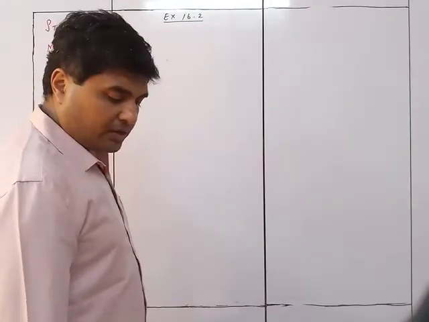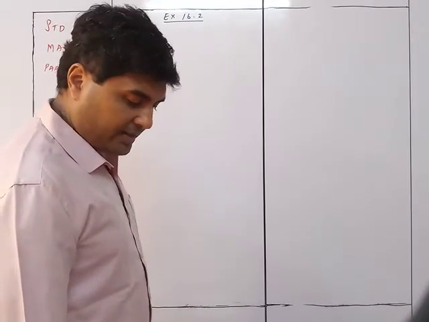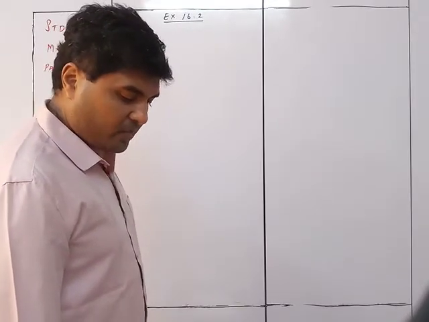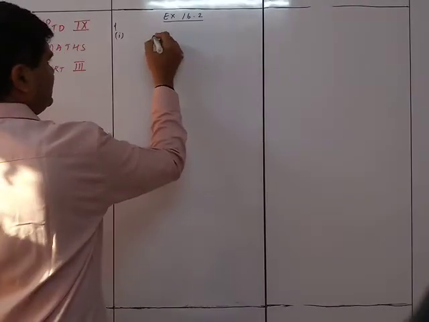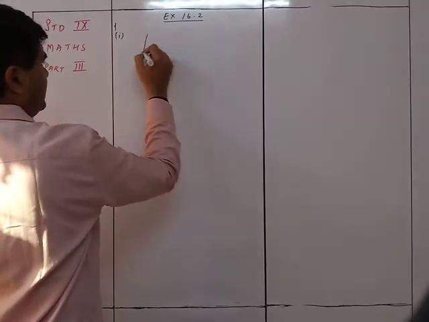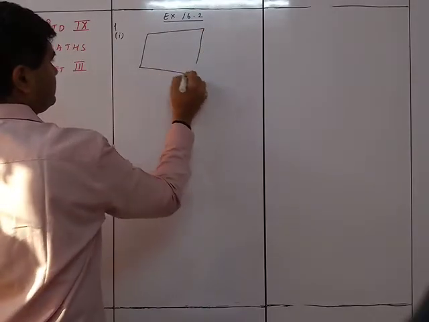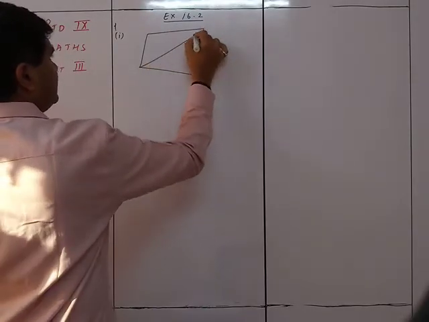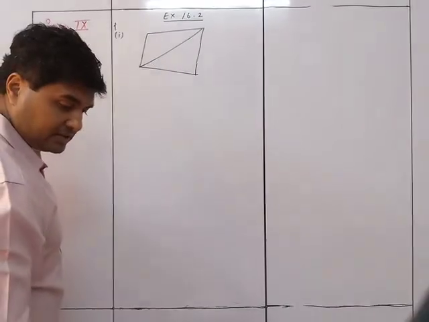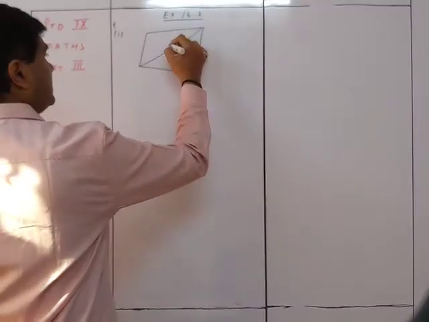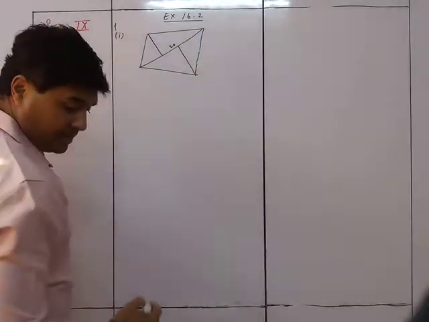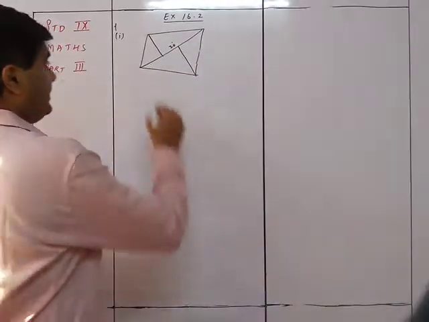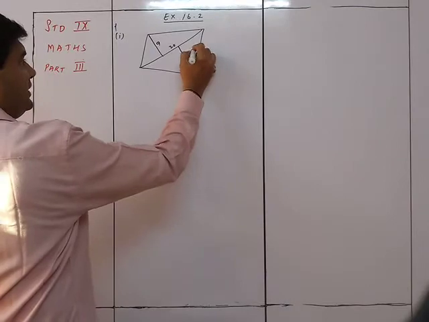Find the area of a quadrilateral whose one diagonal is 20 long and the perpendiculars to these diagonals from the vertices are 9 and 15. So let us draw a figure so that we understand it. We have got one quadrilateral such that the diagonal over here is given as 20 centimeters and the perpendiculars on the diagonal are 9 and 15. This is 9 and this is 15.